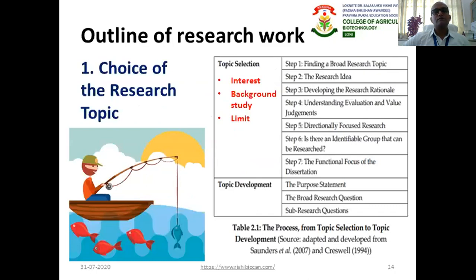Many students also get confused here. There are two things, that is research topic and research title. So first the student decides a research topic. Then after doing literature review, he decides the title. So imagine an example of a sea and one fisherman with a boat. Imagine the sea is knowledge, full of information, and fishes are your research interest.